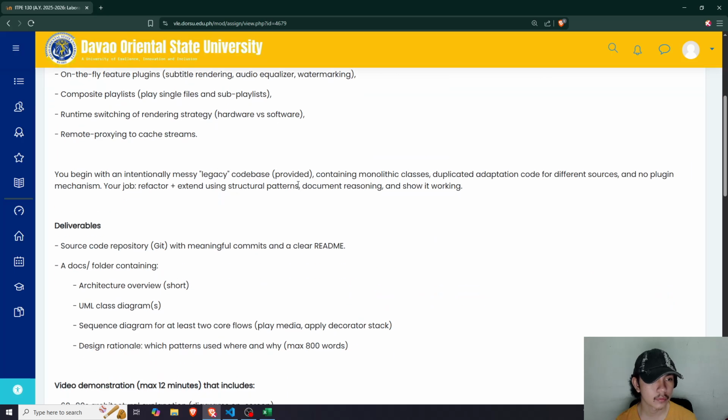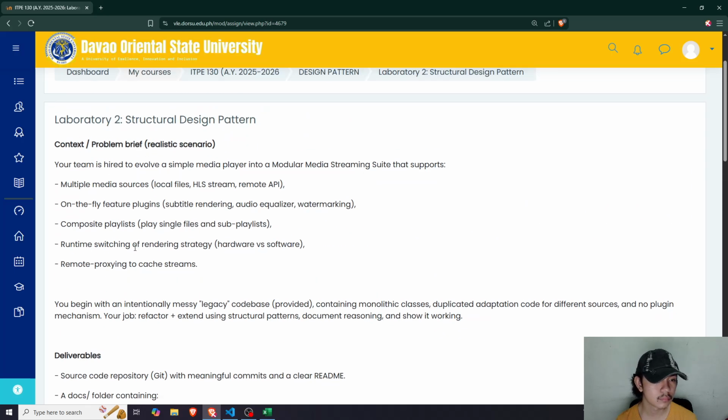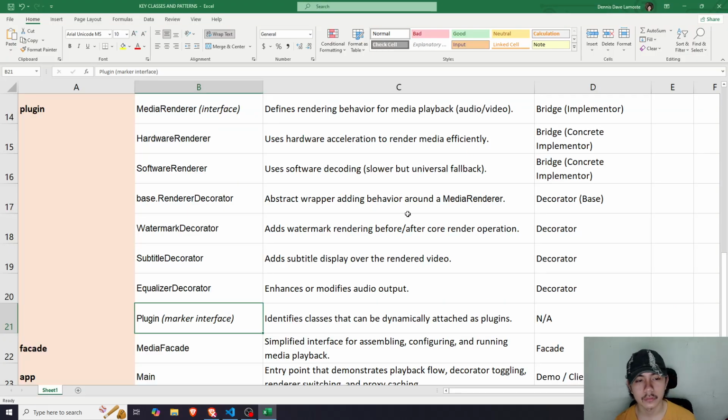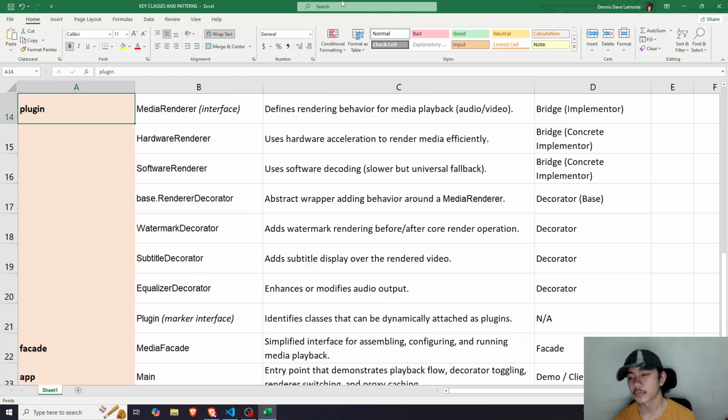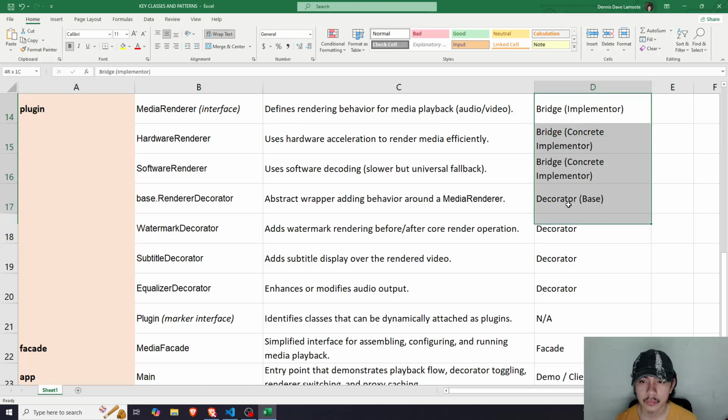I have here on-the-fly feature plugins, which identifies classes that can be dynamically attached as plugins. For the classes inside the plugin package, we have the bridge and the decorator design patterns only.